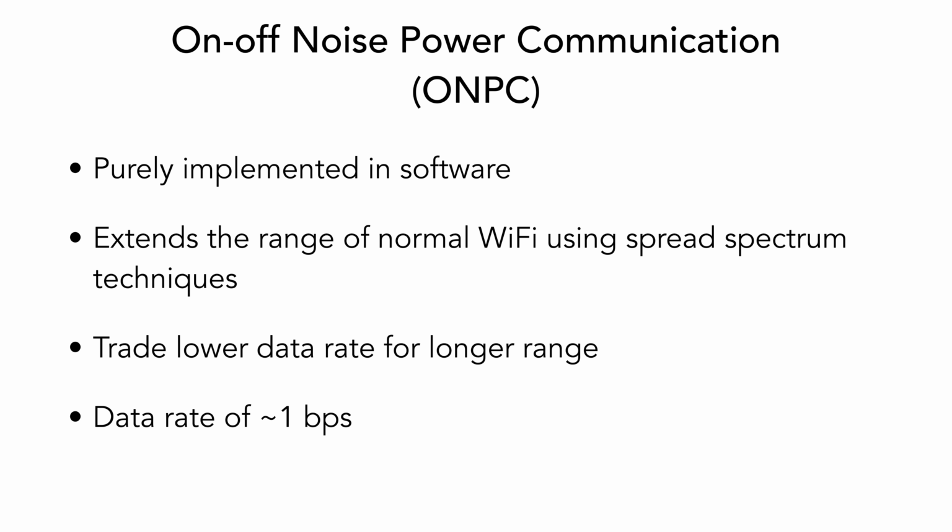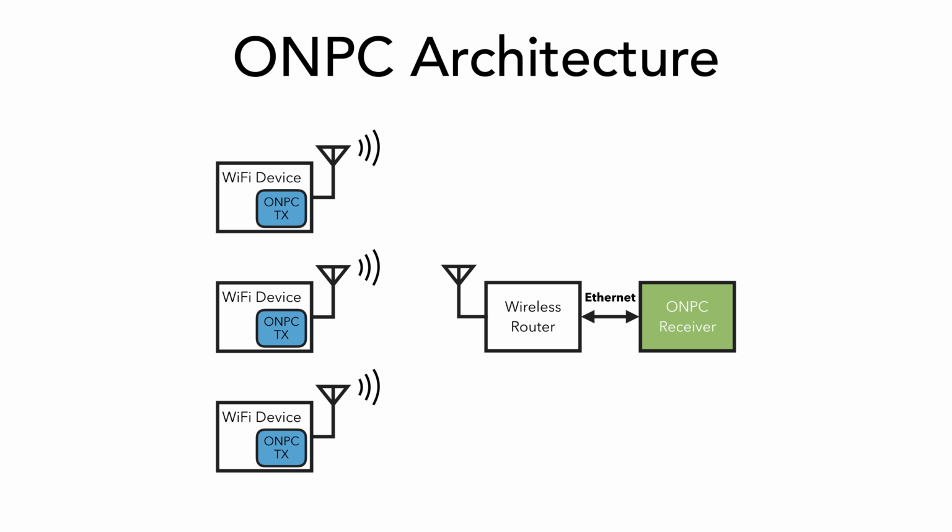Okay, the data rate is really bad, 1 bit per second. I mean, Wi-Fi is in megabits per second, right? We're going lots of orders of magnitude down to about 1 bit per second. So it's much, much slower. And we'll talk about why it's much slower. But for our application, it's okay. It's okay if it's much slower because we don't need to be able to send a lot of data. And we'll get to what we mean by that in a second.